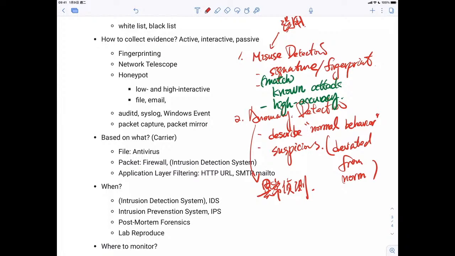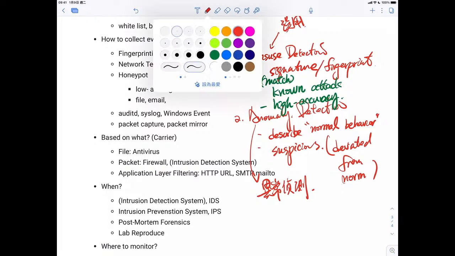But however, are they truly attacks? The answer is not necessarily. Deviated from norm does not imply it is an attack. It just simply says, okay, it is not like the normal behavior which is stored in my mind or in my system. 啊，就是相异并不等于攻击，相异只是你觉得它很奇怪而已。